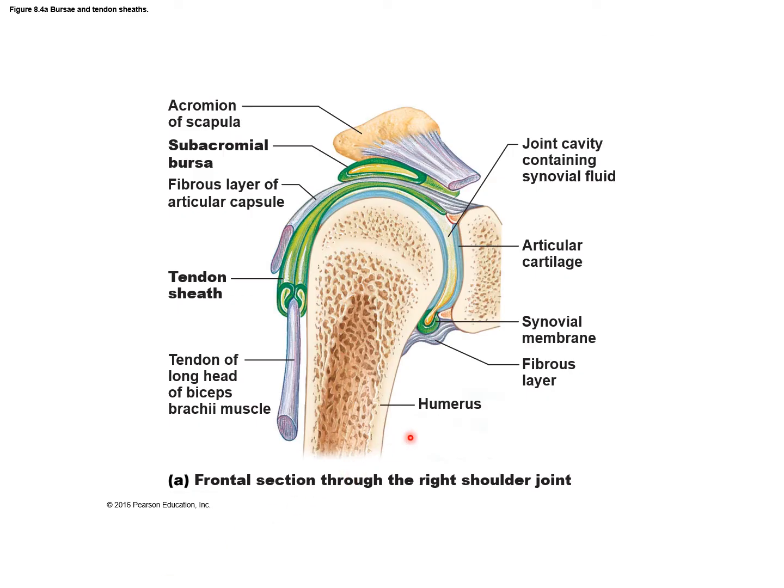Here is a picture of some of these bursae. And in some cases, I would like you to know the names. You should know the name of this one. It's called the subacromial bursa. The bursa is seen here with this green outline, and in the middle it's yellow. That's all synovial fluid. So you can see how these bursa are important in helping to prevent friction between all